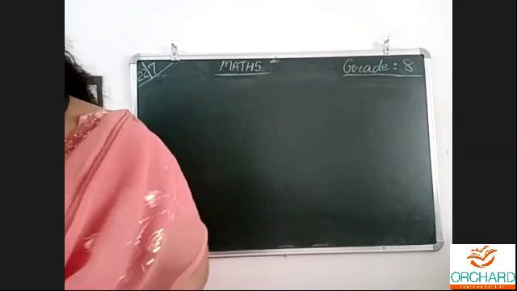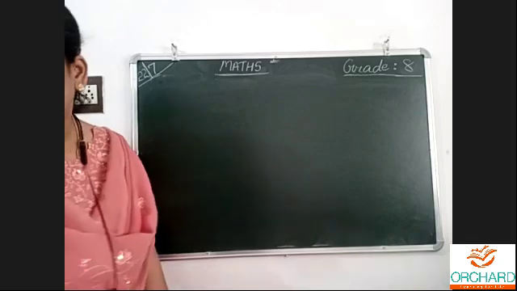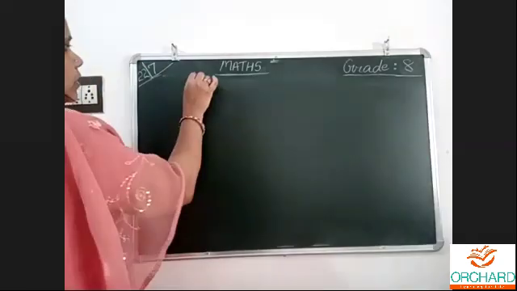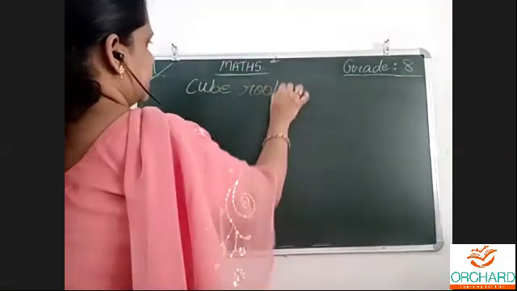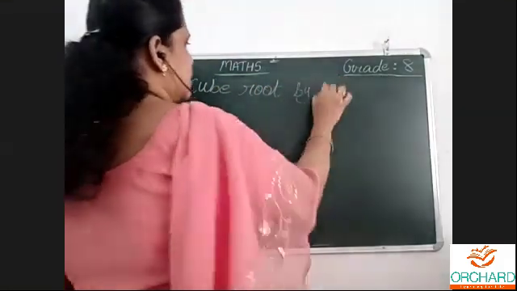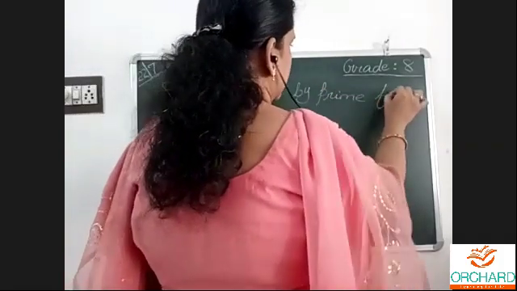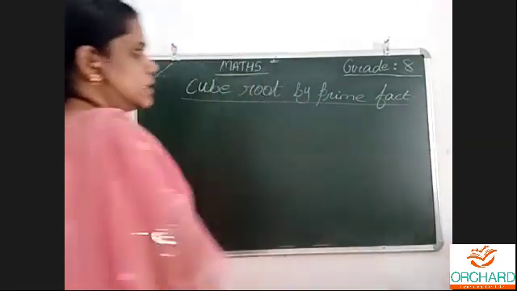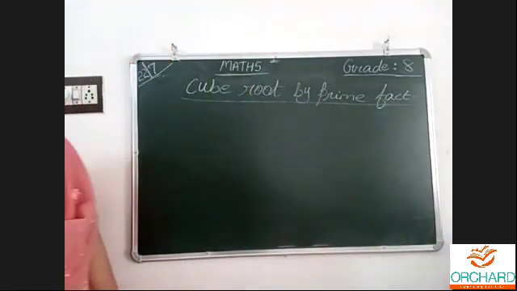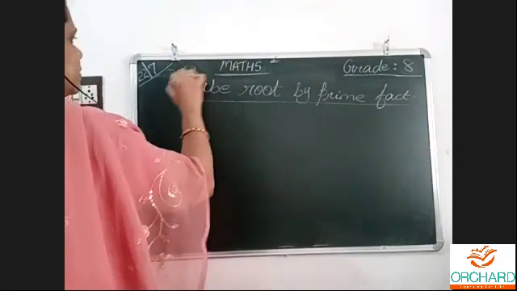Next, cube root of a number, similar to that of the cubes only. Finding the cube root by means of prime factorization. We must know this, very important. Then we can move on to the exercise. Similar to that of the square roots only. Cube root by prime factorization method. Page number 50, example sum.